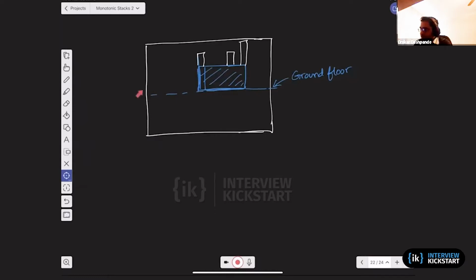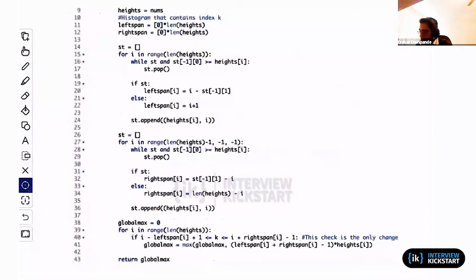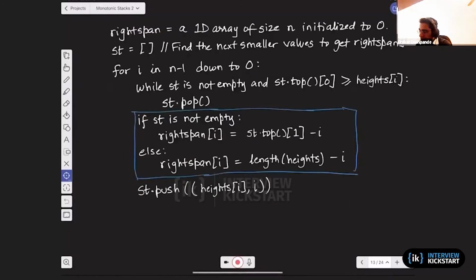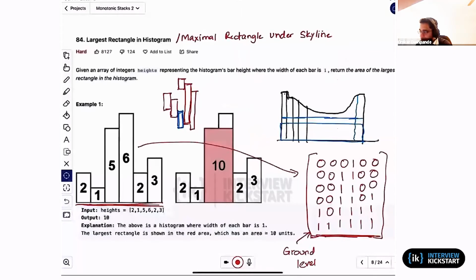So we can interpret this rectangle as, if you just chop off this part of the matrix, you can imagine creating a histogram out of all of these values. And this solution would be the best solution if this was the ground floor. Does that make sense? If you were to map it to this problem, where you're given a clean ground floor, you can instantly map it to this problem we did and solve it. If you're not given a clean ground floor,